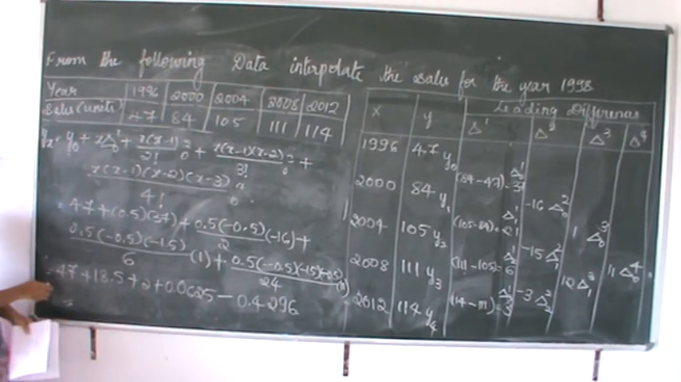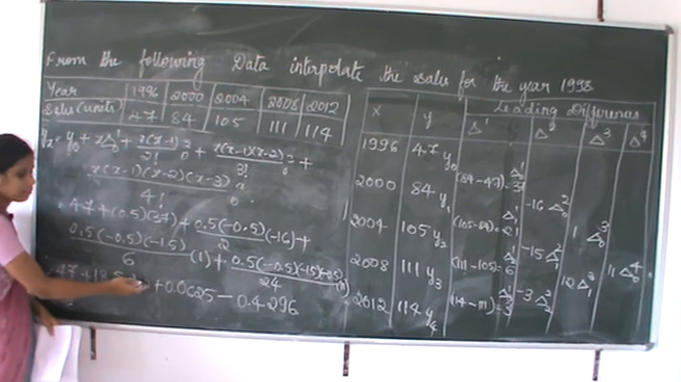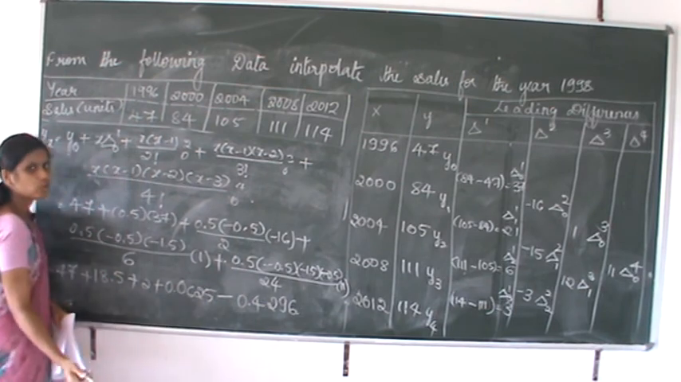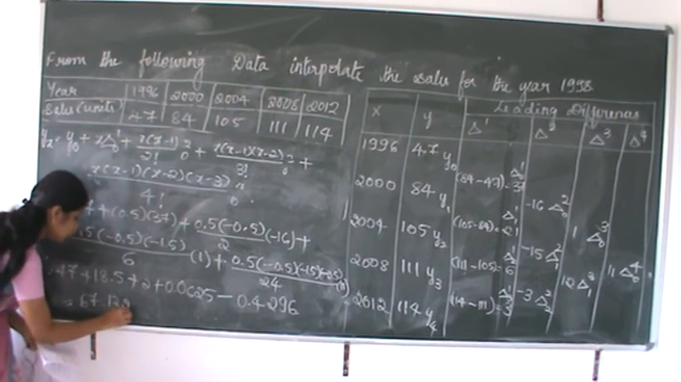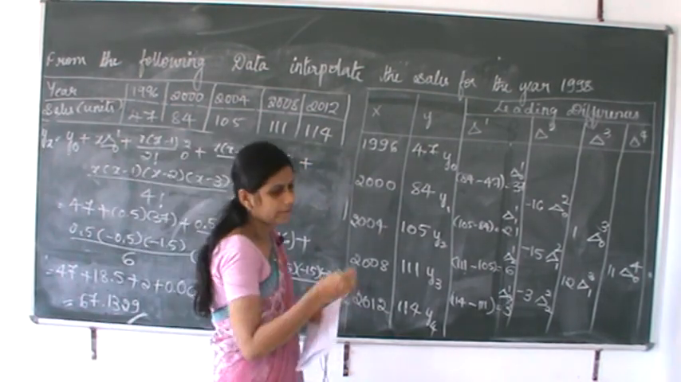Now we are going to add all the positive values and deduct. 47 plus 18.5 plus 2 plus 0.0625 minus 0.4296. Answer comes to 67.1329. So this is the value of y for the year 1998. So we have interpolated the value of y for the year 1998. Value of y is 67.1329. Like this you are going to find out the value of y under